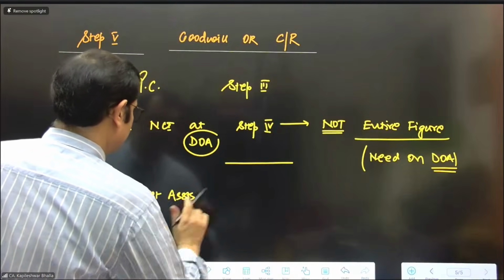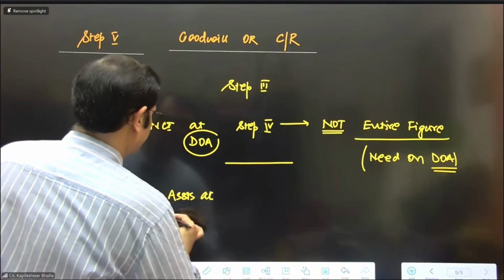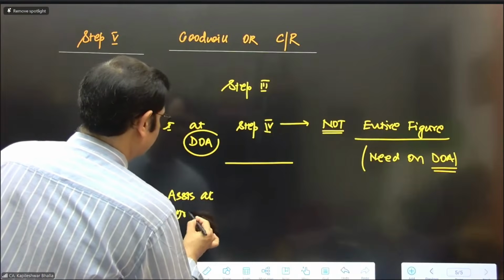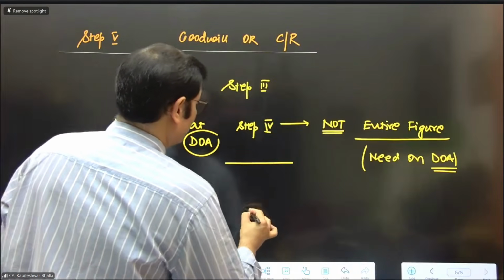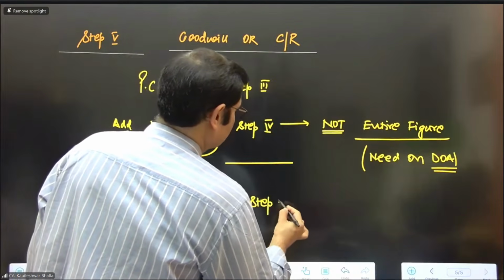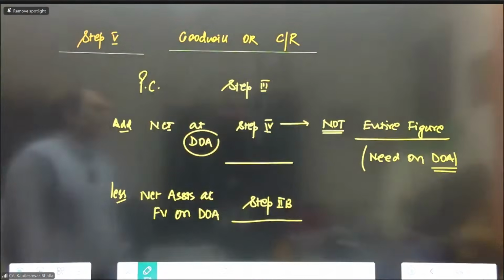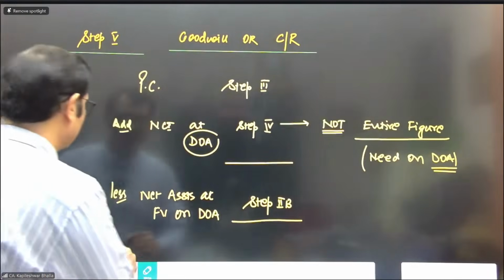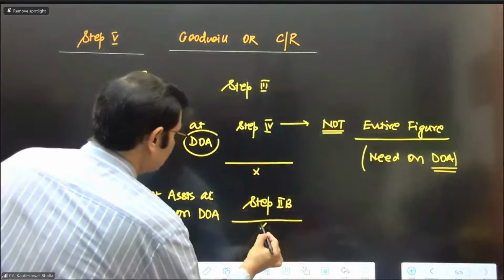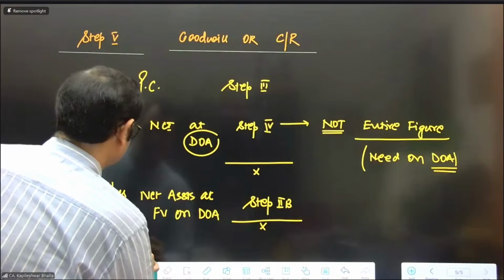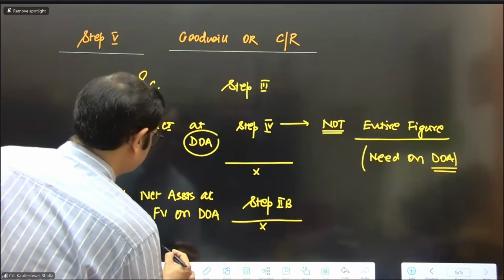It is net assets at fair value on date of acquisition, which you've computed in step number 2B. So you compare this with the net assets in step number 2B, and we get the goodwill. And then the most important aspect is less the impairment